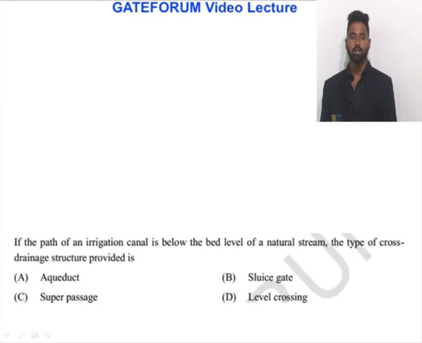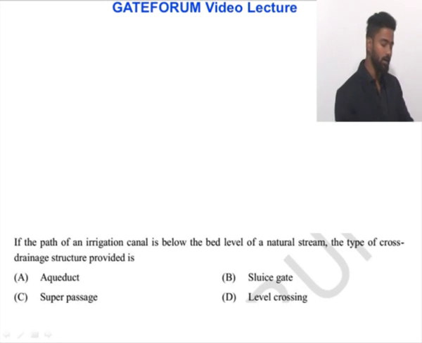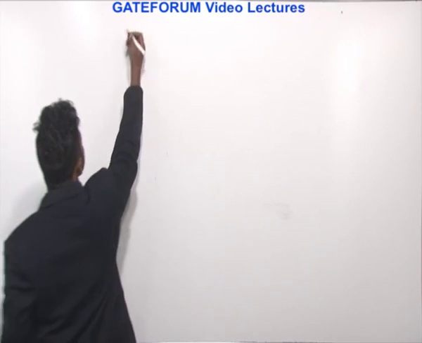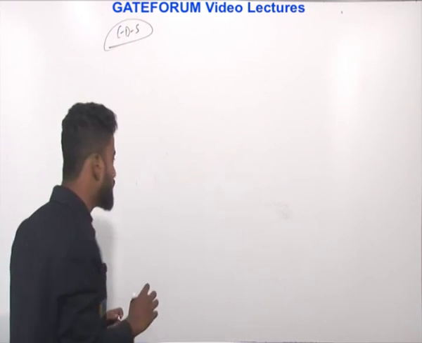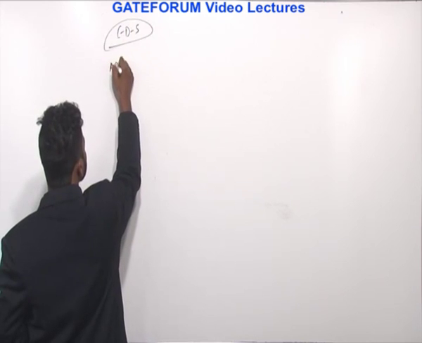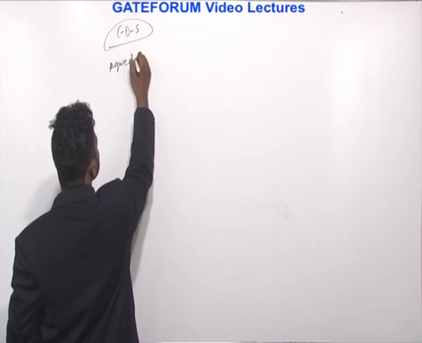If the path of an irrigation canal is below the bed level of a natural stream, the type of cross drainage structure provided is. Cross drainage structures. In irrigation, we'll generally discuss the cross drainage structures. The different types of cross drainage structures are aqueduct,